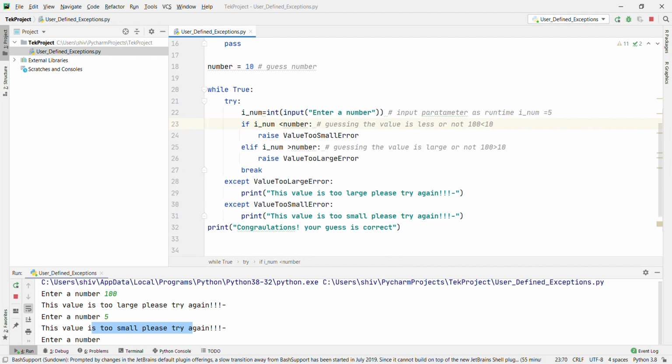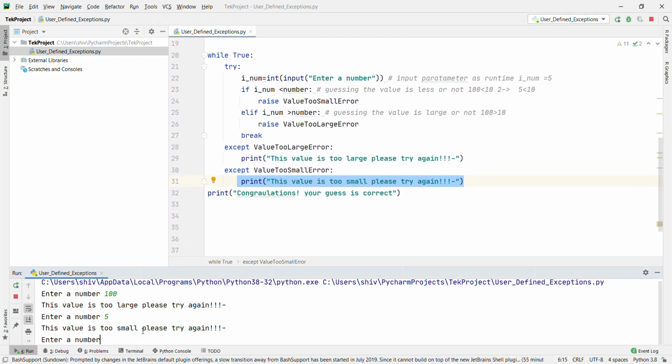Now what will happen? 5 is less than 10, right? That is true. Then it will come to here, raise ValueTooSmallError. Then it will catch it here, ValueTooSmallError, and print "The value is too small, please try again," right?